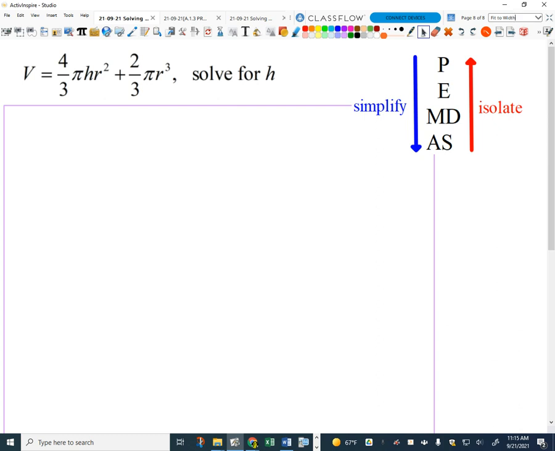But our goal is to solve for h. Okay, can you point to a single h? We did this one yesterday? Really? We didn't finish it though? Okay. We didn't quite get it. Okay, so we already started it though. So we agreed we could point to a single h, right? Okay. So our goal is, because we can point to a single h, all we have to do is isolate